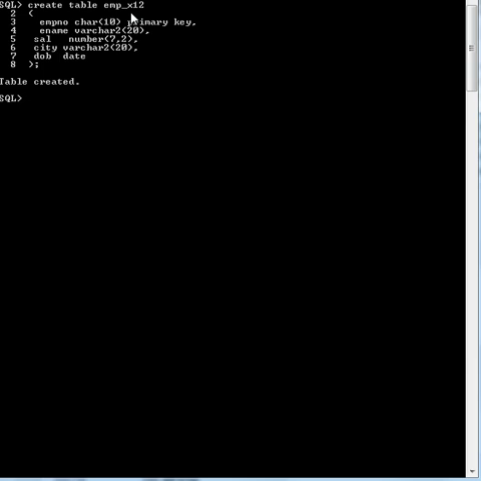If we want to see the table, select star from EMP underscore x12. No rows selected, so this table is created. If you want to see the name of the table in the system tab, select star from tab.